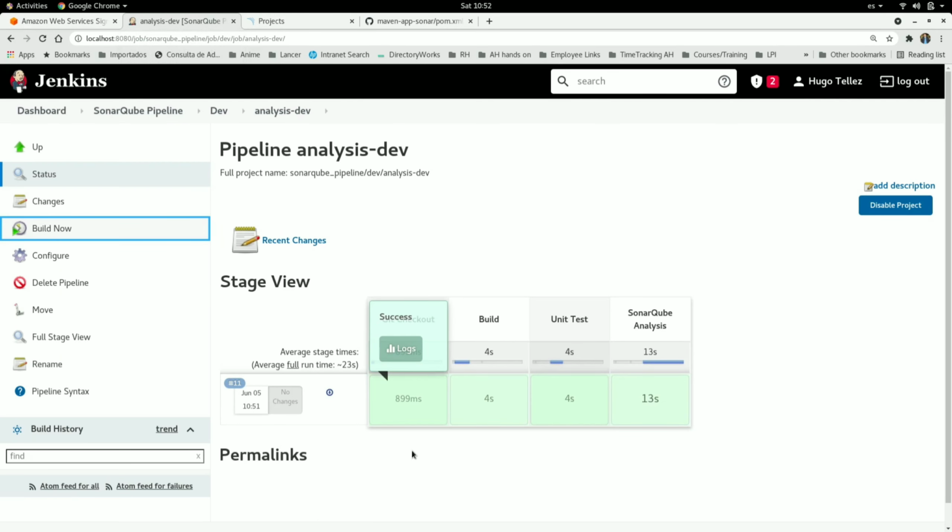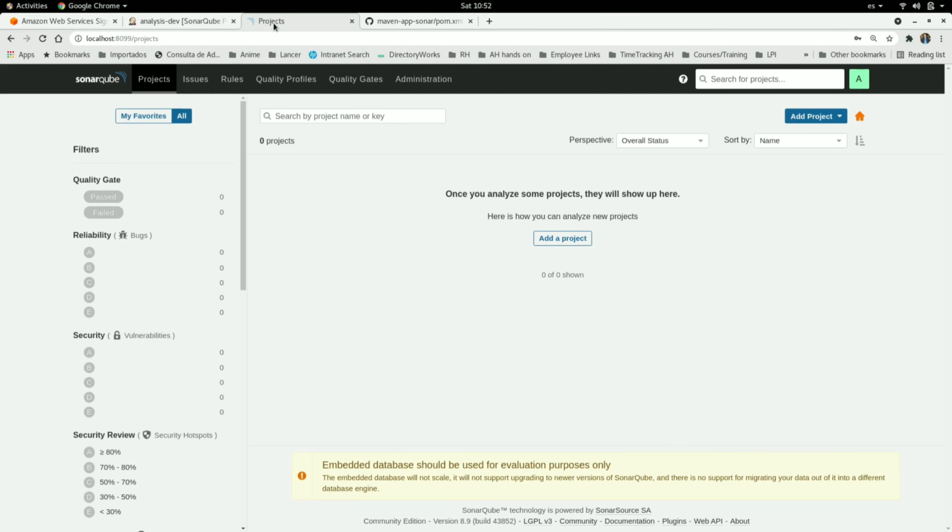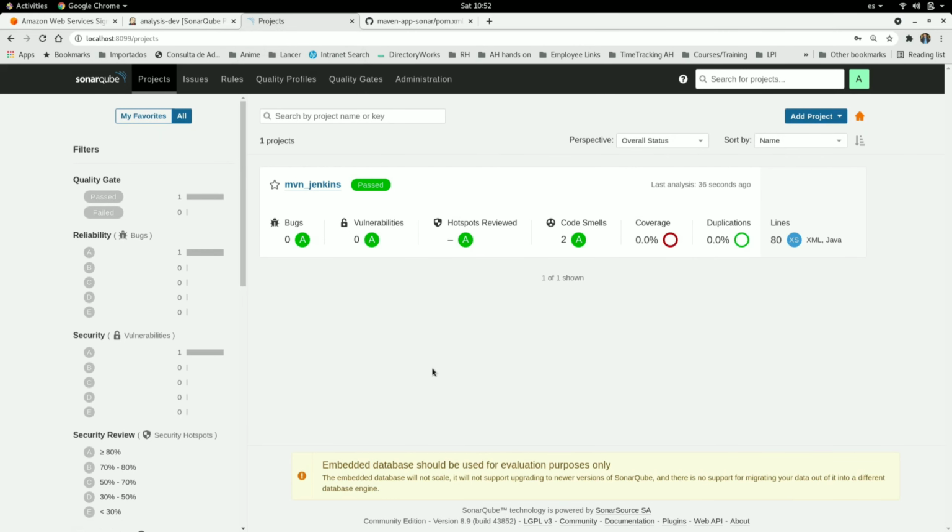As you can see, all the stages are completed. Then I can go to the SonarQube instance. I can refresh the project, and as you can see, now we have a project here. SonarQube will display this mini dashboard with features like bugs. In this case, I have the rank A because I don't have bugs, I don't have vulnerabilities. My hotspot is A because I can't find any vulnerability